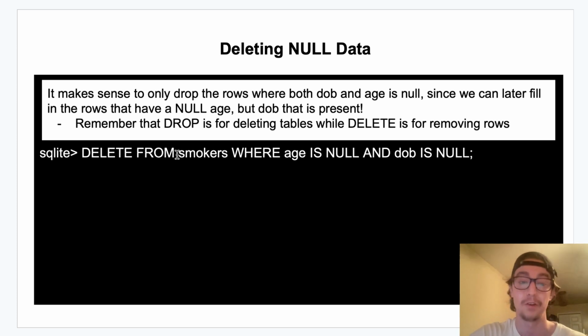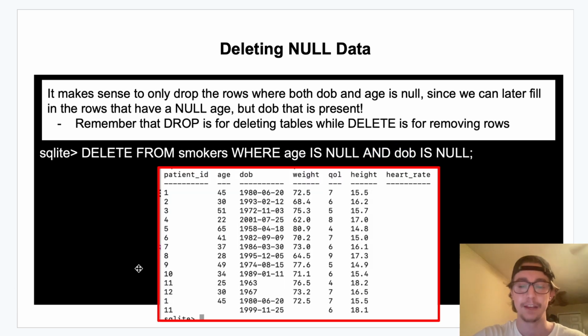But so all we're doing there is deleting from the smokers table where the age column and the date of birth column is null for a row. And you'll see now we're left with this table. We don't have those ugly, completely null rows anymore, but we still have some null values that we want to